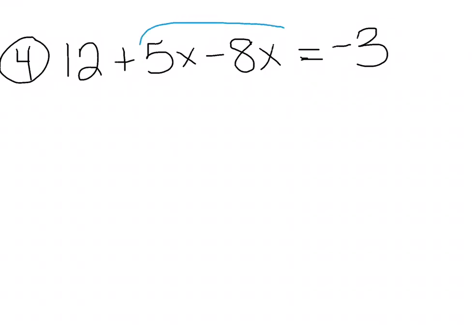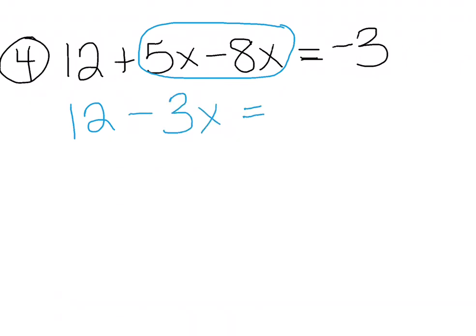So I see that these two both are on the same side and they both have x's, so I'm going to combine those. I have 5x take away 8x. So 5 minus 8 is a negative 3. So I'm going to rewrite 12 plus negative 3x, or I can just write it as 12 minus 3x, either